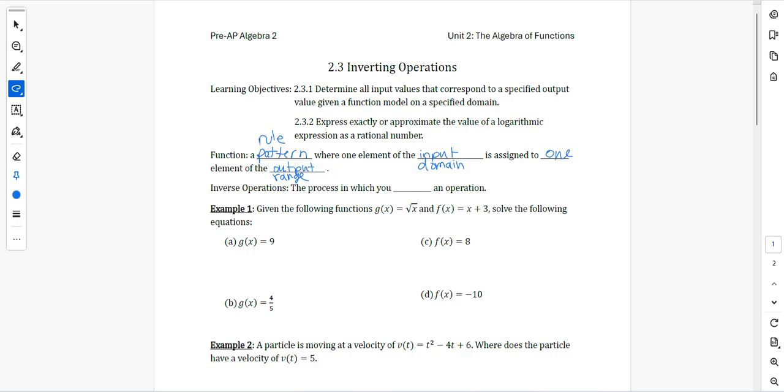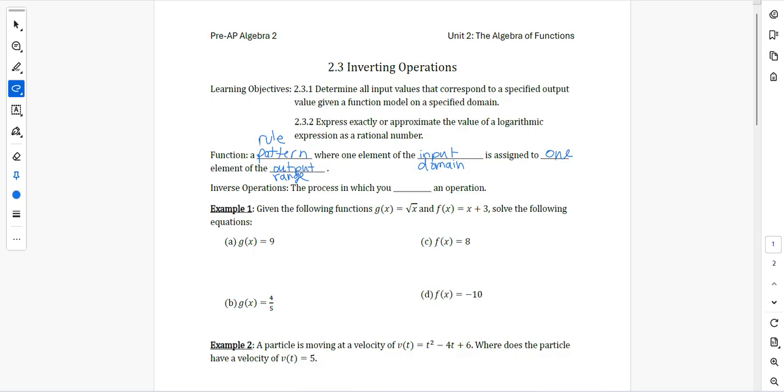Back in the day, we would also talk about independent variable, dependent variable. That language is not seen as often, but we can think about independent in the same way we think about input, something we're plugging into the function, and dependent meaning the y's are dependent on the x, right? So a function is a pattern or a rule where one element of the input is assigned to one element